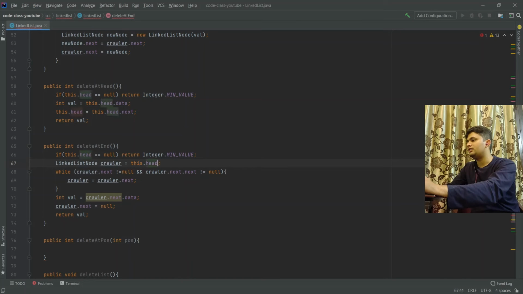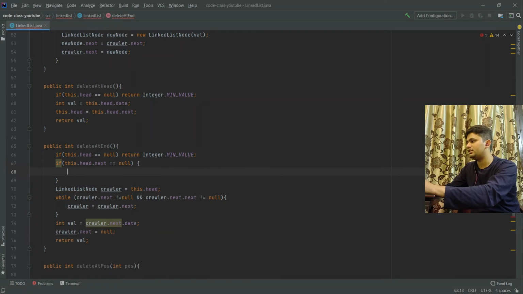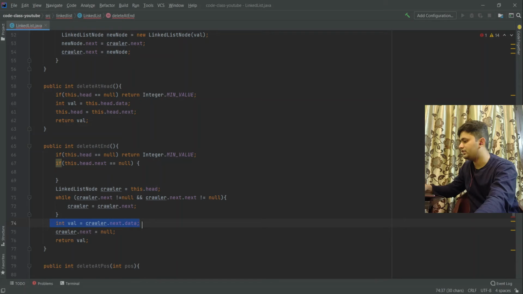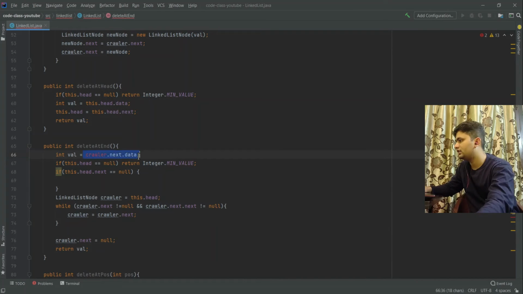We can make another check, if this dot head dot next is equals to null, that only head exists. In this case, we can capture this value. So let's move this variable here and mark this as Integer dot MIN_VALUE.